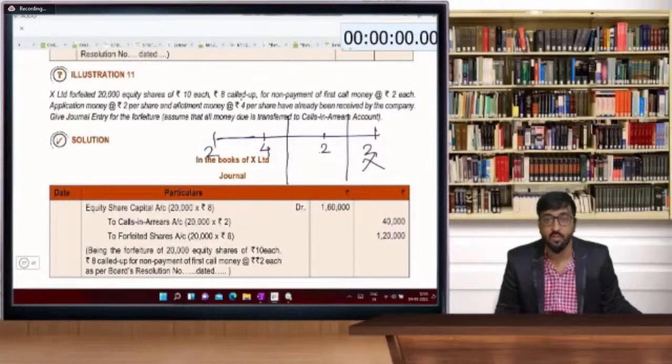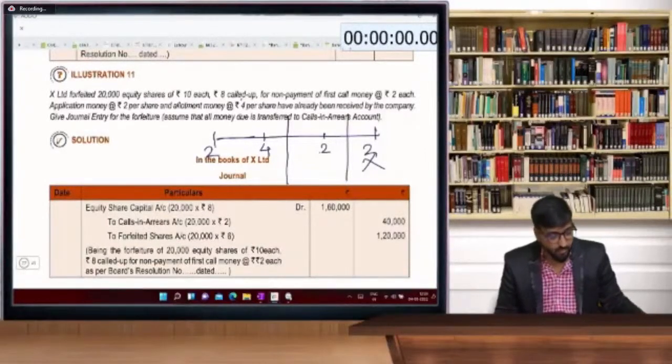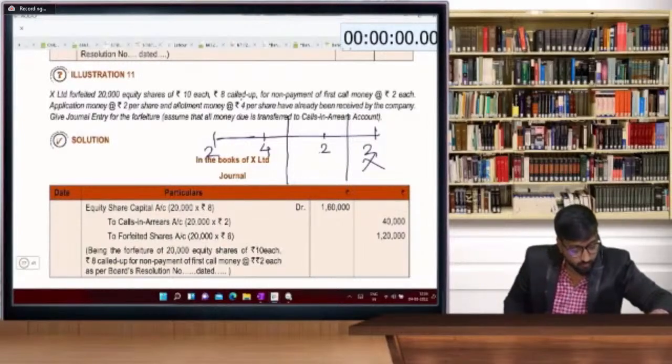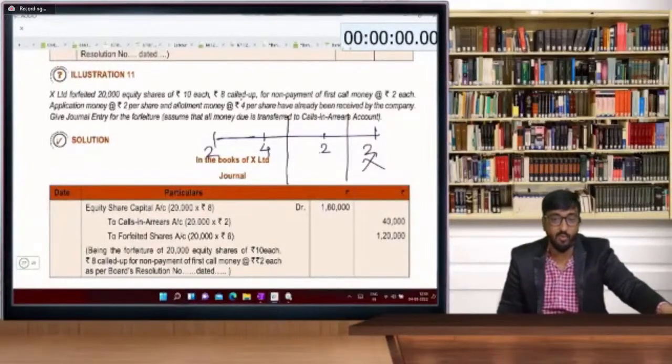So tell me for illustration number 11, how many of you can answer it? Chalo, fast. Draw the diagram on the question only and pass the entry for one share. Always think for one share and just multiply by 20,000 shares. It's very simple, sir. Hey, beta, Shiba Khan. Think for one share, na beta. Why are you writing all answers 160, 40? I always want the answer for one share. I don't want the answer for the total.